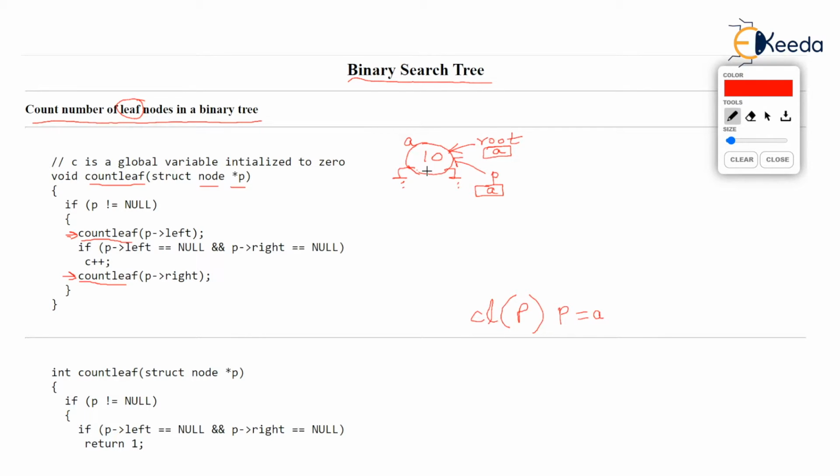So as p not equal to null is true, we will go inside the if and count leaf will be called recursively with count leaf p arrow left. Have a look at the picture again, the diagram. P arrow left is nothing but the left pointer of 10, which is null. Yes, again, count leaf p arrow left is going to call count leaf null. Literally the null value is going to be passed, because p arrow left is nothing but null. So what happens is the count leaf function calls count leaf function again, but this time the parameter p of the function will receive a value null.